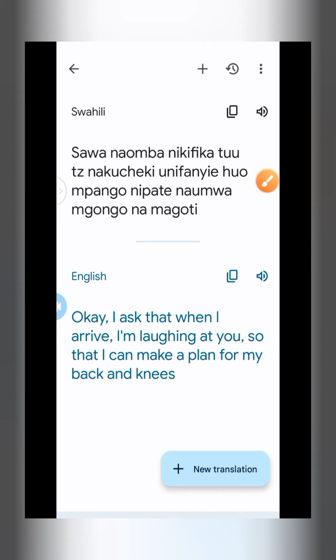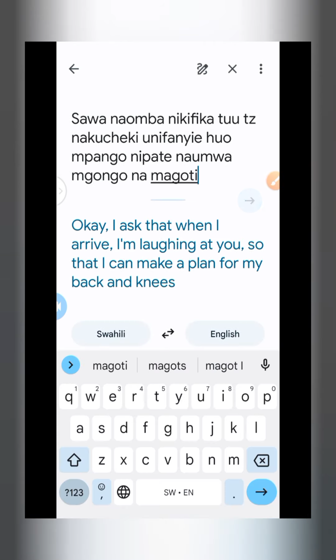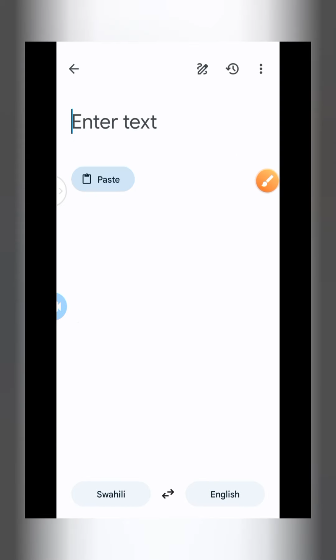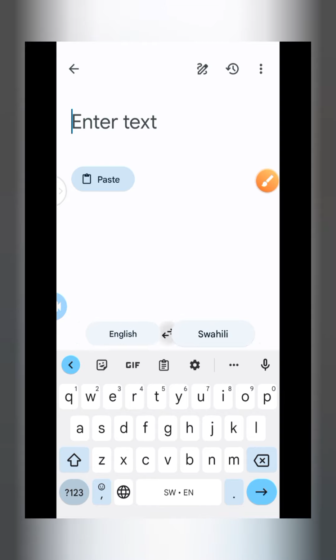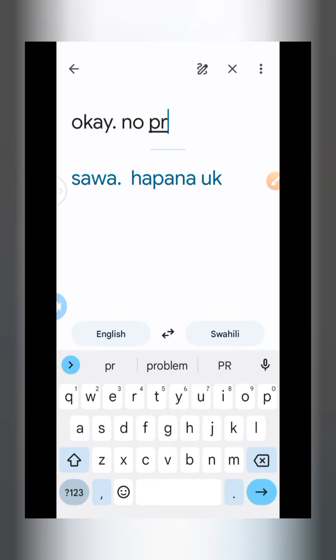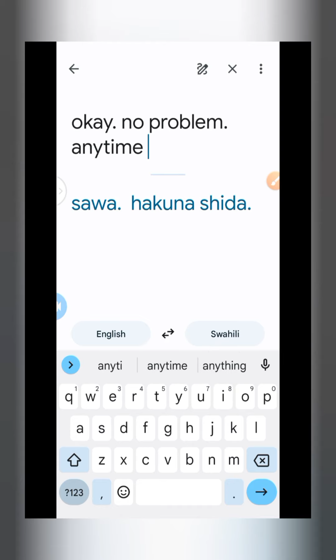Now you see, I can now reply. How do I reply? Let me click on the type button. So I'm going to clear all this chat from here, right? I'll click on that, and now if I want to type, it means I'll be using English, so I switch in between English and Swahili. Okay, I'll now say okay, no problem. Okay, let me just type no problem. Anytime you are ready,